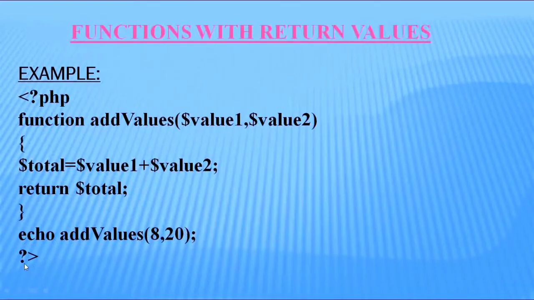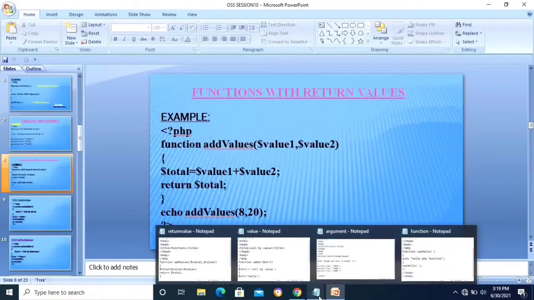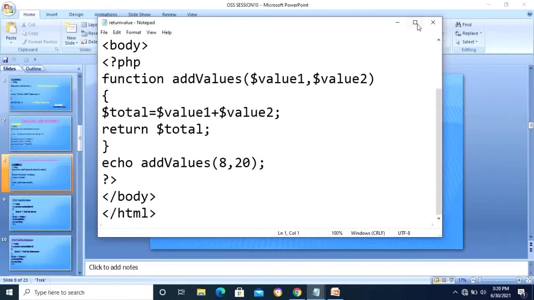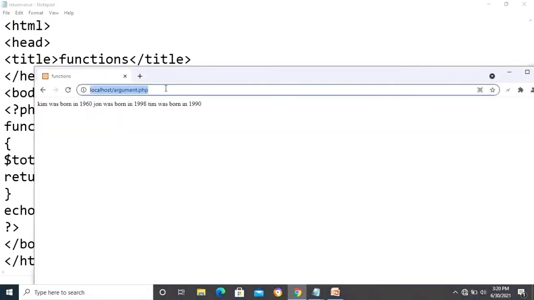Okay. So next, open the notepad and type the program. After that, run this program in the web browser. So I have already written this program. If you look at this, return values. So notepad is open, write the program. After that, file, save as local disk C, same process. So the file name is return value.php. I saved the file as return value.php. After completing the program, next open the web browser and run this program.